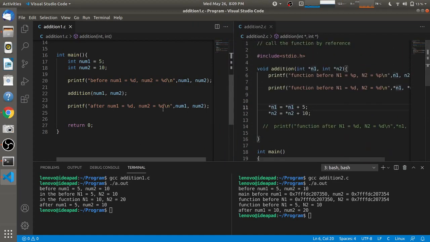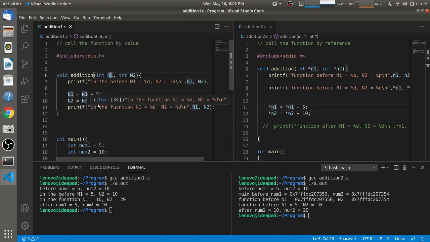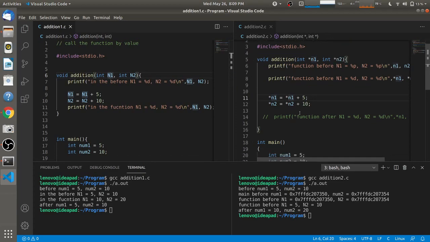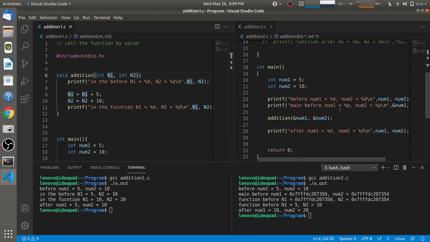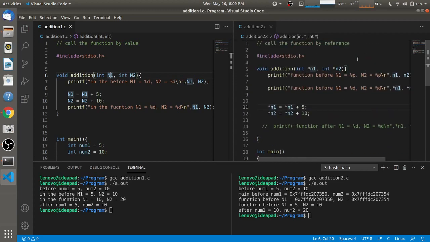So in that way you have understood that if you want the result of the function to reflect in the original variable, we will pass the value by reference. By reference I mean we will pass the address of that variable to the function. And if you don't want the result of the function to reflect in the original variable, we'll pass the value to the function by value itself.